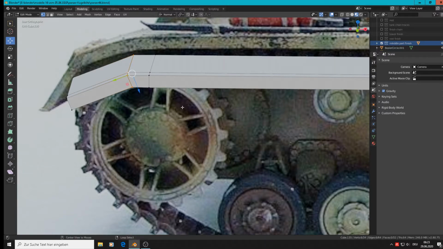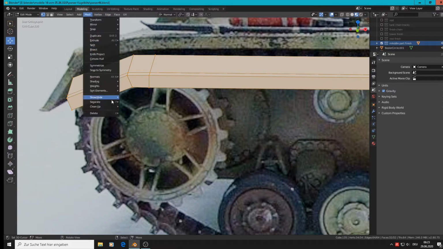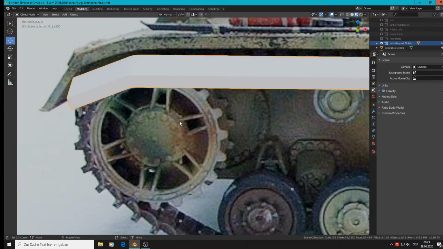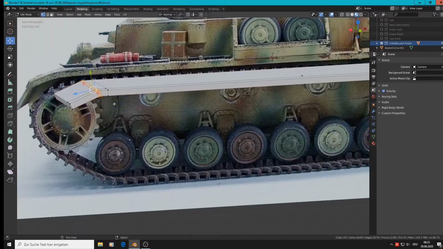There is something wrong when you ask me. So we check that. Mesh, clean up. Merge by distance, 6 removed. That's a good sign. Yeah, now it works. Good. That's better. Then we take these lines